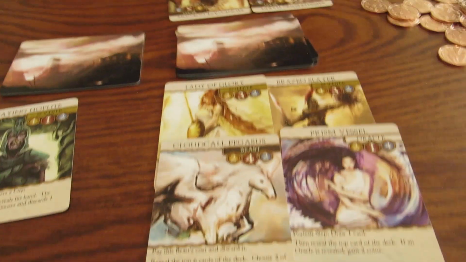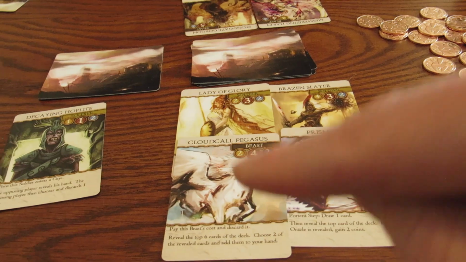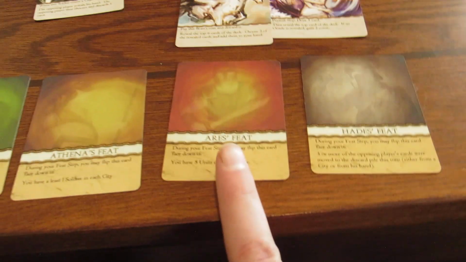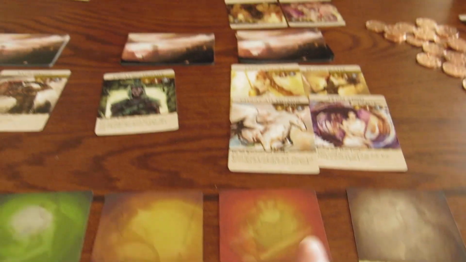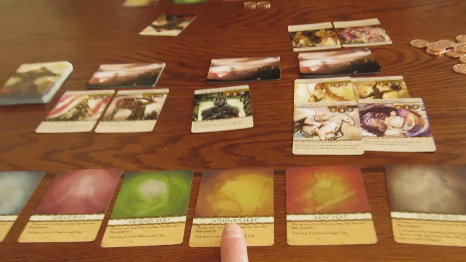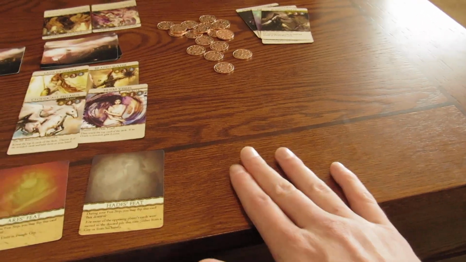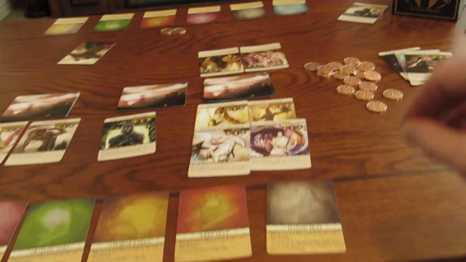If you'll notice, I have a soldier, oracle, and a beast, which means 1, 2, 3, 4, 5 units in this city, which means I'm also going to accomplish this feat. Fortunately, I also have a soldier in each city, so I will also accomplish this feat in my feat phase. Now that I've finished playing all my cards and depleted all my coins, I'm going to go ahead and go